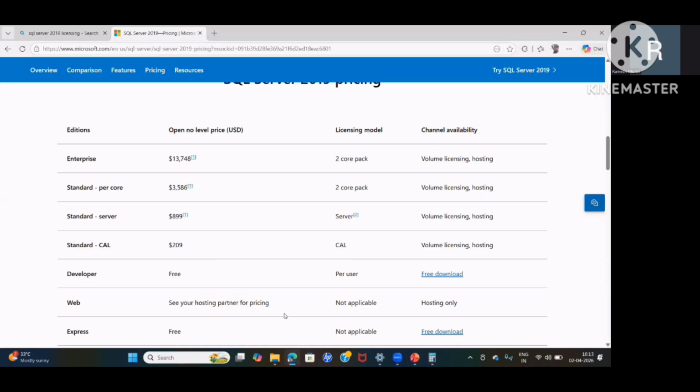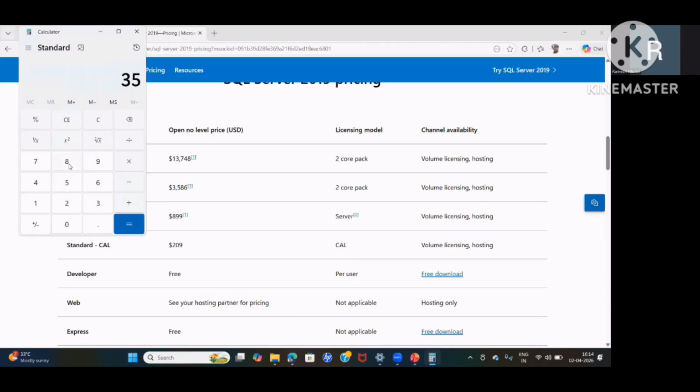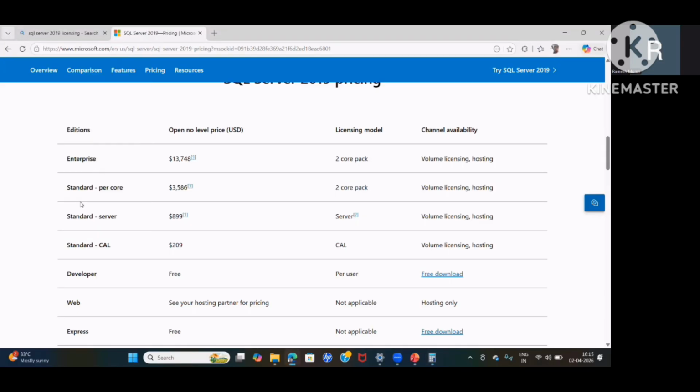$3,586 they are going to charge, right? How much price difference do you notice from this? 2,586 into 90 rupees. For standard edition, Microsoft is charging around 3 lakh, 3,000, right? Approximately $13,000, around a $10,000 difference you are seeing. It's almost 14 lakhs difference when you compare enterprise edition and standard